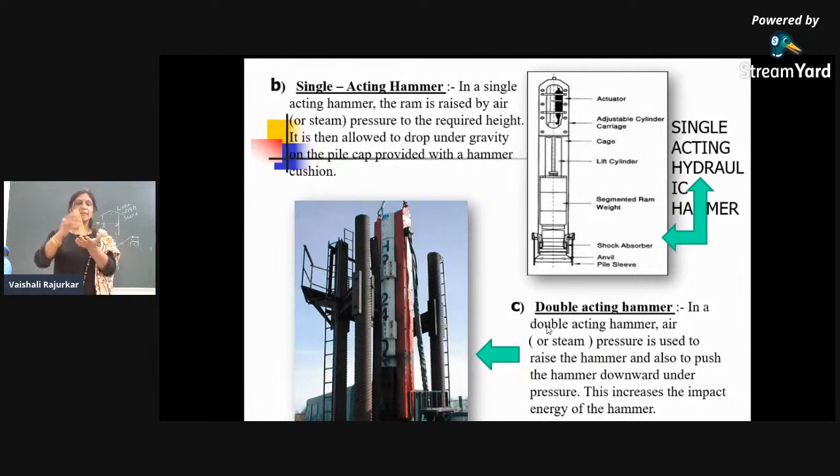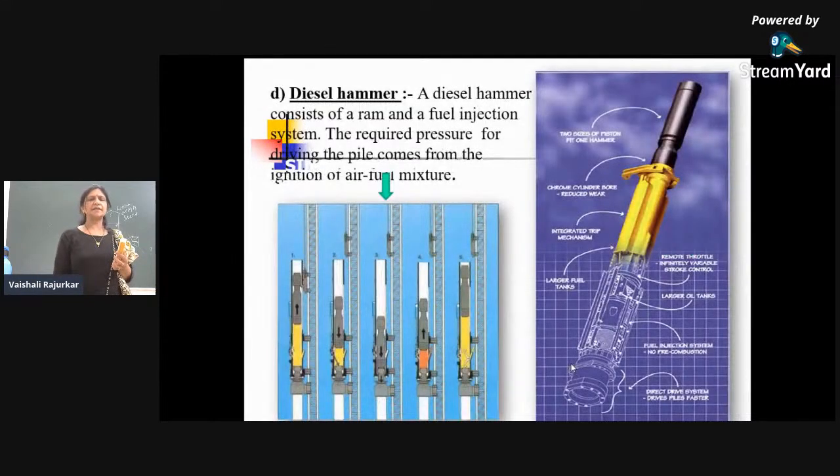Whereas in a double acting hammer, both the operations are mechanical, meaning lifting and dropping are both mechanical operations, and therefore the efficiency of the double acting hammer is more as compared to the single acting hammer. There are short and quick blows, therefore this is a more efficient method. And nowadays the diesel hammer is most commonly used in the field because of its portable nature. You can see this is a small, portable hammer which can be used anywhere, and the fuel is diesel, so it can be used